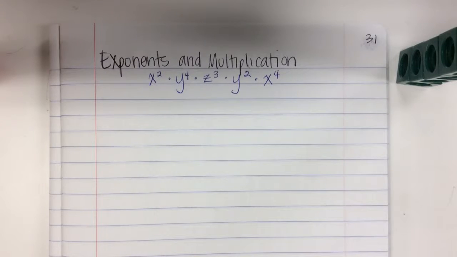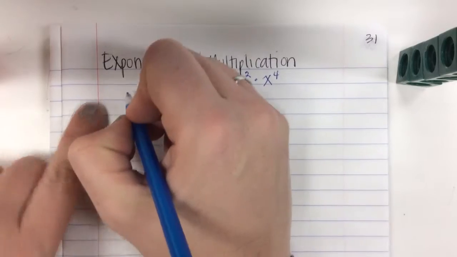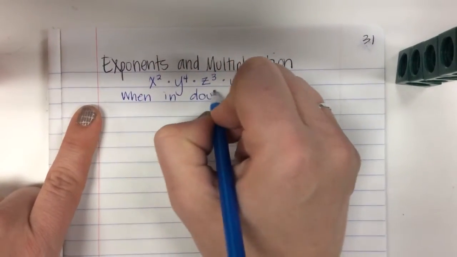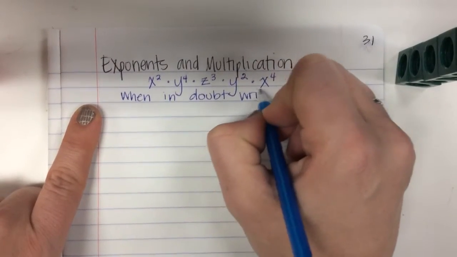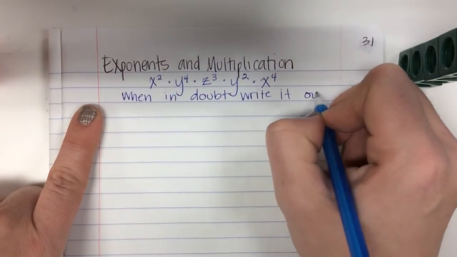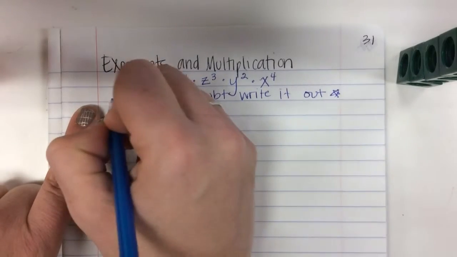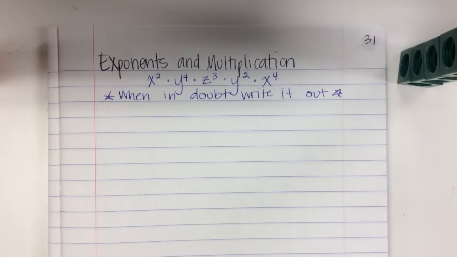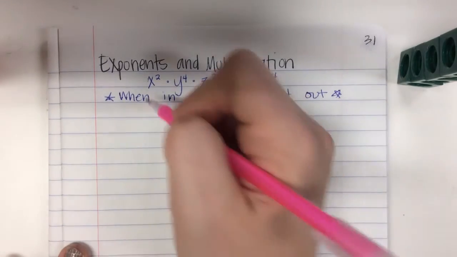So, here's how we're going to say it. When in doubt, write it out. If you don't understand, we're going to discover a rule. But when you're in doubt, you're going to write it all out. So, if I look,